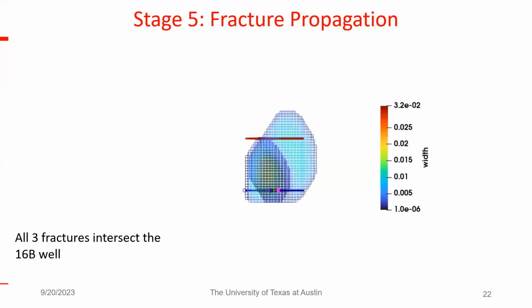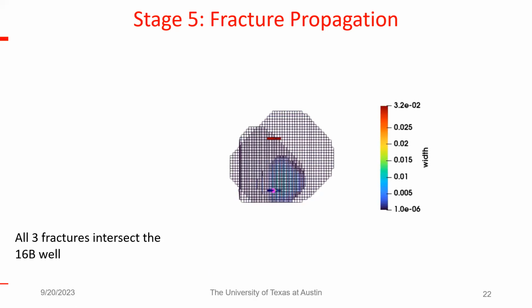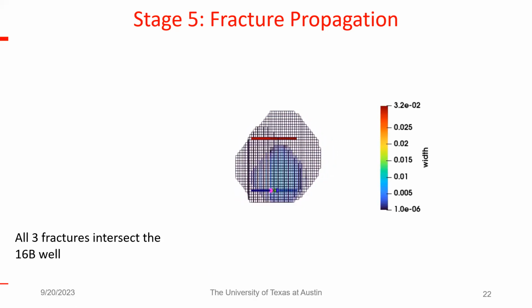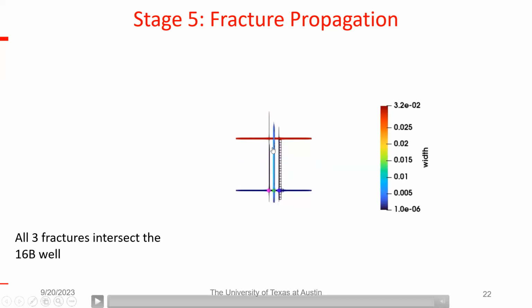And so this fracture, being further away from the first fracture, does migrate up as well into the 16B well. And then the middle fracture has a stress shadow on both sides of it. And because of the stress shadow on both sides of it, it also tends to propagate up and intersect the wellbore. So you get good connectivity between the two wells when you use this particular strategy, which